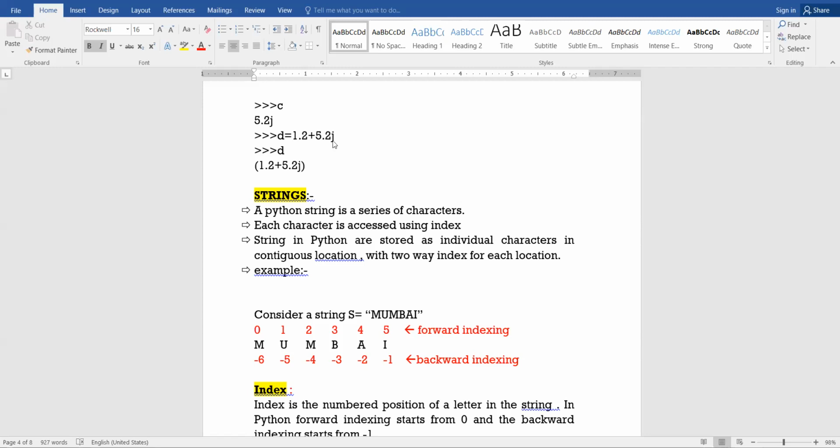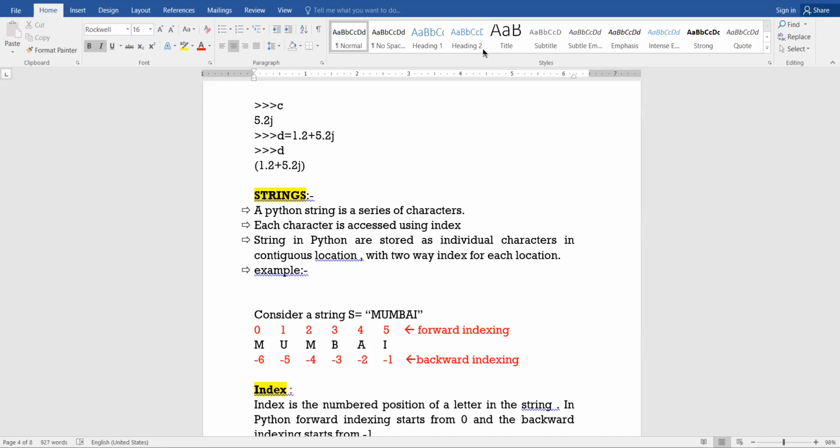As I told you yesterday, a string is a collection of characters enclosed in single or double quotes. In Python you can enclose the string in single or double quotes. Whenever we create a string, it automatically has an index.